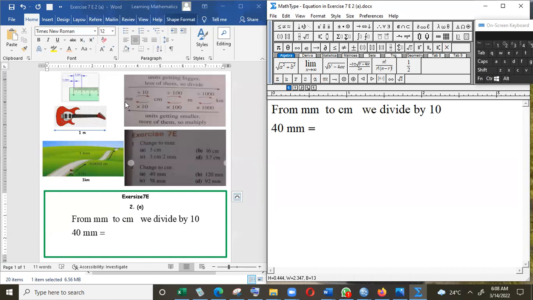Because we're going from small to bigger, so less of them. Okay, it's shrinking. So the number has to get smaller. We need less. So from millimeter to centimeter, you divide. Just remember that. We have 40 millimeters. We have a lot of millimeters. And we want to convert that 40 millimeters